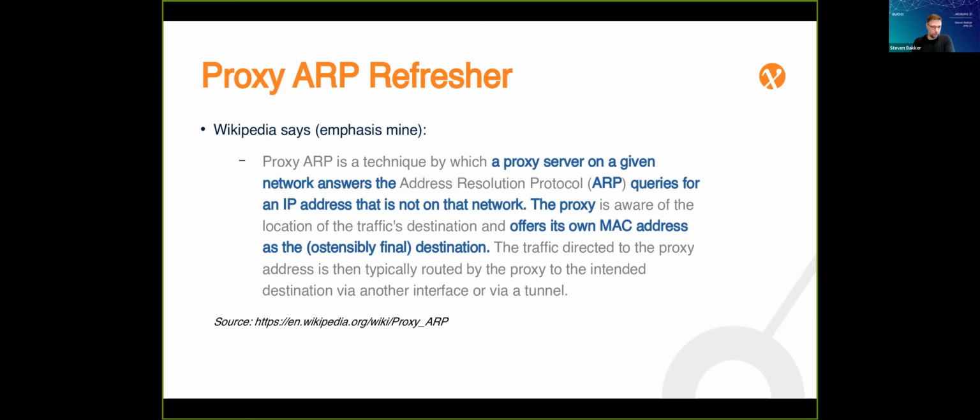So a quick refresher on proxy ARP. I am hoping that everyone who's listening at least knows what ARP is. If not, then I think you should go to Wikipedia. The Proxy ARP refresher is basically that a proxy server on a given network answers ARP queries for an IP address that is not on that network. And the proxy offers its own MAC address as the ostensibly final destination. So this may look a bit